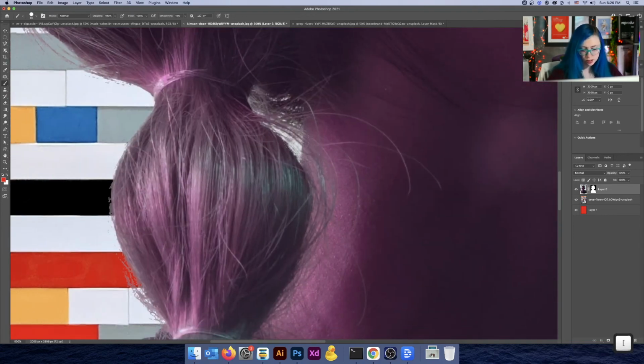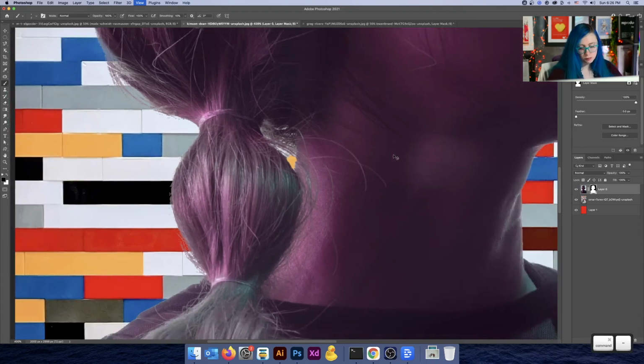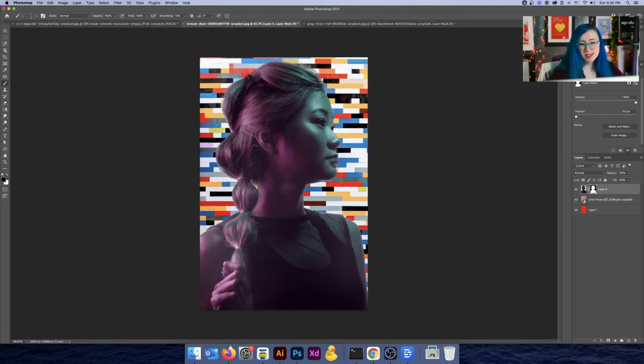You could grab in with your brush tool here and using the black and white, making sure you're on the layer mask, you could go through and hit X here and you could just mask this out. But when I look at that, that really stands out. So I'm actually going to leave that alone. It's such a small area that I don't think anybody's going to notice.